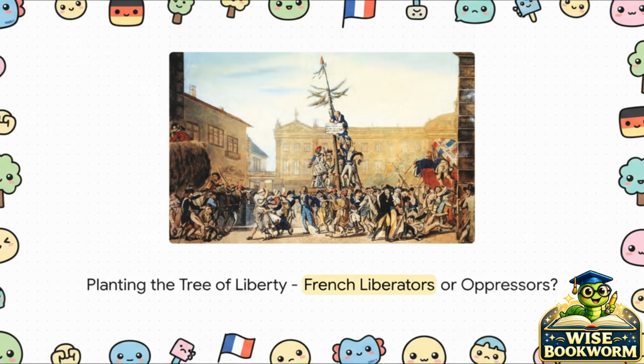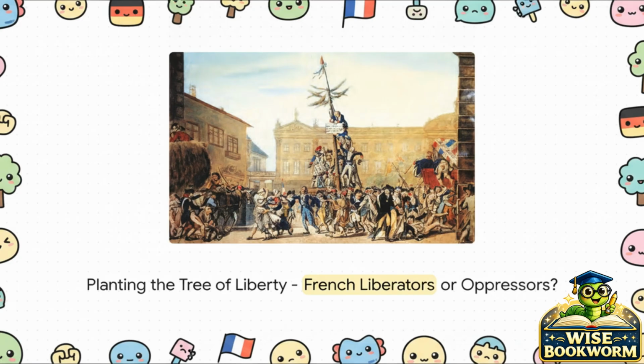This painting of the planting of the Tree of Liberty in Germany brilliantly captures the mixed reality of the era. The sarcastic German plaque on the tree reveals how initial enthusiasm for the French, who were initially viewed as liberators, soured pretty fast. If you look closely at the French soldiers in the painting, they aren't exactly acting like saviors. They are actively harassing women, seizing a peasant's cart on the left, and forcing a local man to his knees